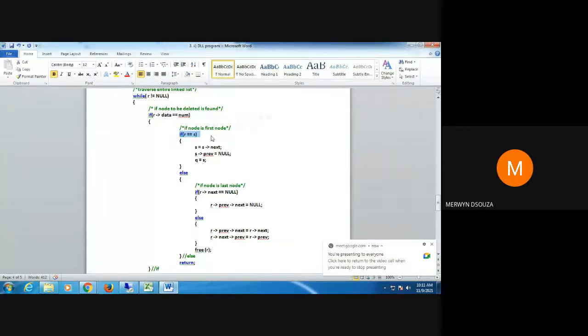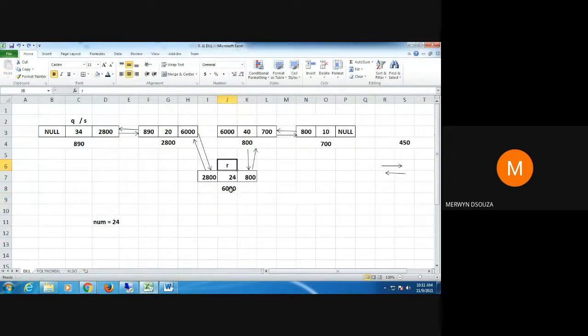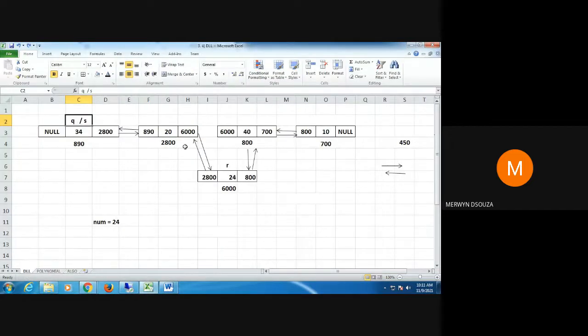If you are deleting the first node, the address in R and the value of this should be the same, so you check for that first. If you are deleting the first node, then before we delete, we are going to shift this pointer to the next node, and then delete this.